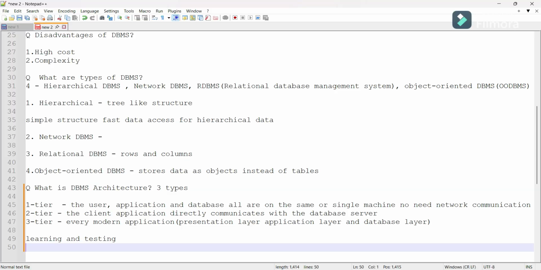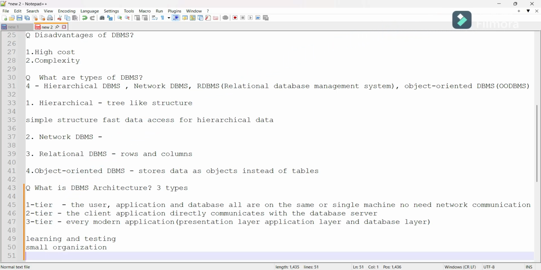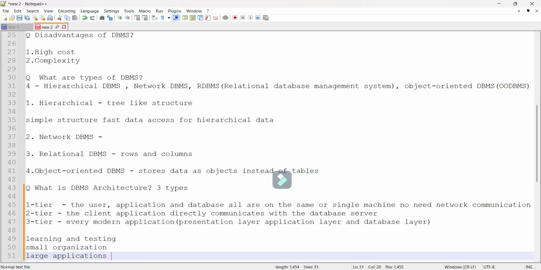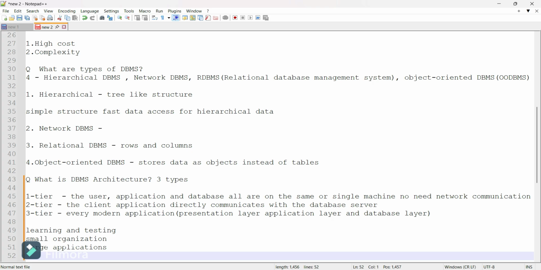Two-tier architecture is mainly for small organizations, like a desktop billing system. And similarly, three-tier architecture is mainly used for large applications like Amazon, Instagram, Swiggy, and banking apps.